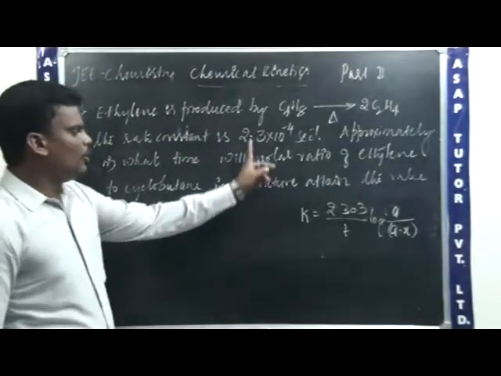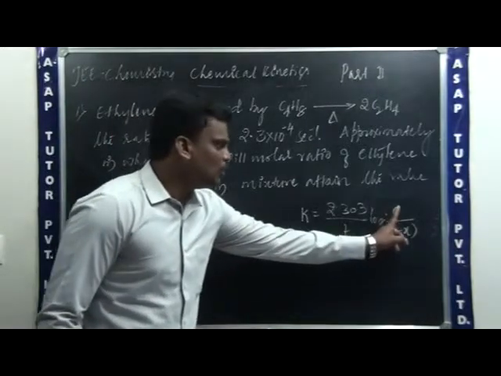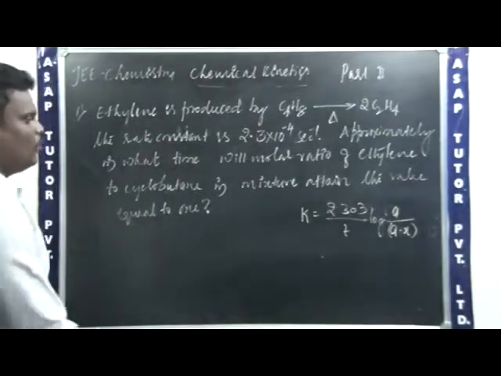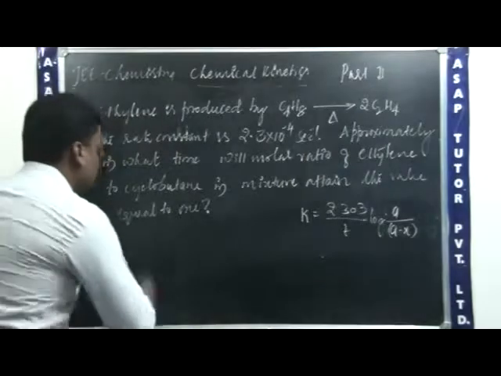Now they gave the value of rate constant, we need to find the value of time. But we don't know the initial concentration as well as the final concentration. Now to get the value of A and A minus X, I'll consider the equation